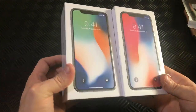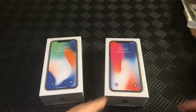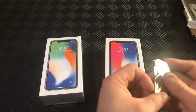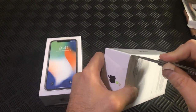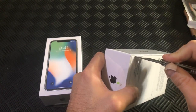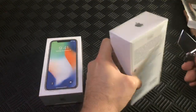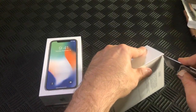So yeah, here they are. I'm not sure which is which. But yeah, 64 gig is fine by me. Silver, of course, on the left here, and space gray. So might as well take out, let's do space gray first. Very excited. As I said, I've had every iPhone, and this one is quite a jump in design,